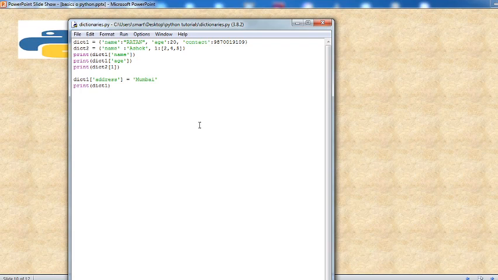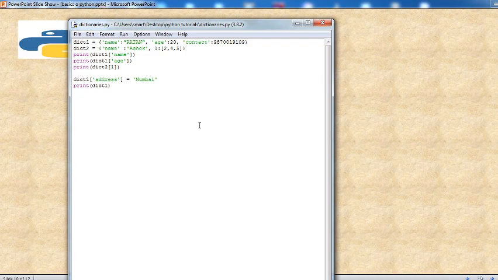Now if you are writing a key in the form of a string, then in that case you have to put the key in single quotes. So single quotes name colon Ratan. So the value will be here Ratan. Age colon 20, so the value will be equal to 20. Then contact is 987001910, which is again numeric.